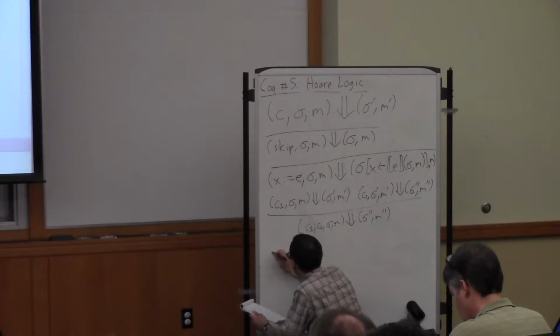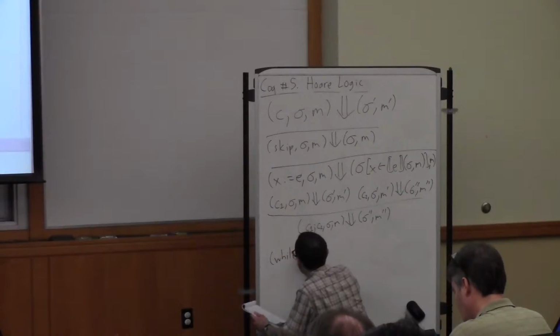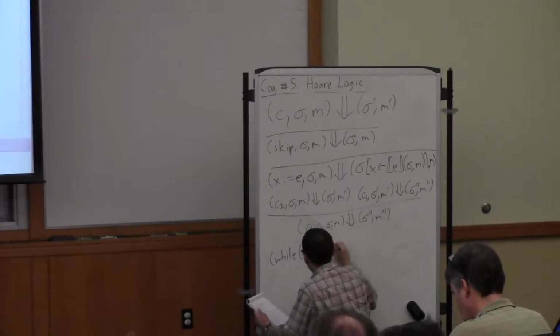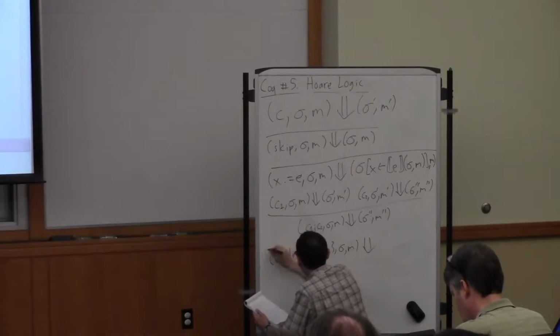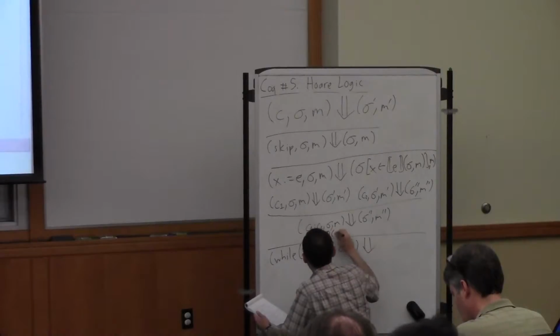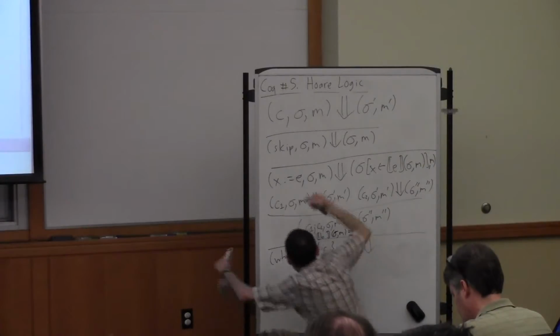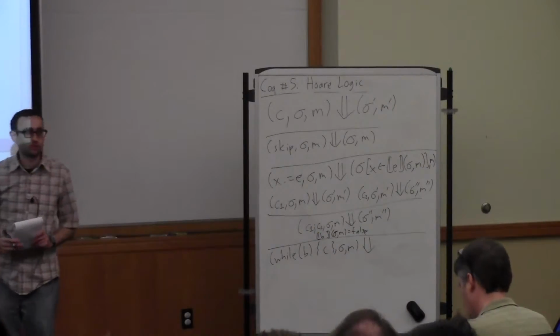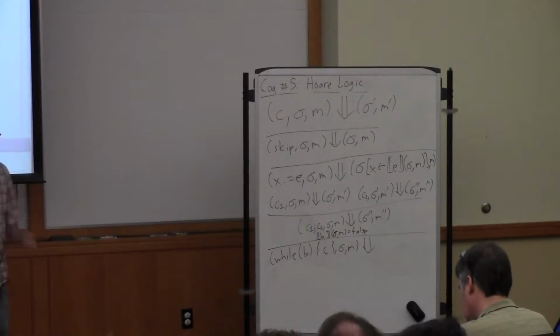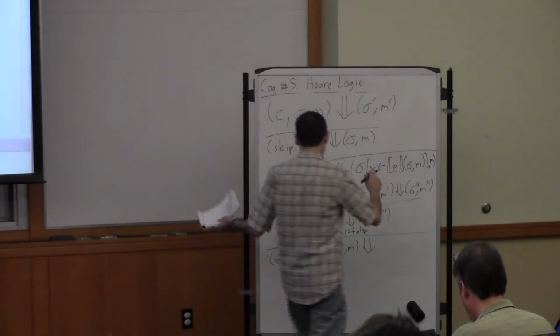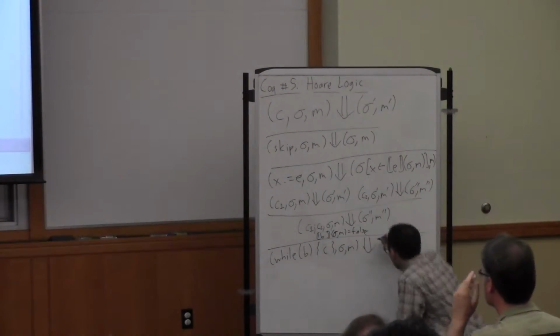Let's ask what happens when we run a while loop with the test expression B and the body C. Here's the state. So if we know that the test expression in the current state evaluates to false, then what should we conclude in this rule? Yeah, then this while loop has no effect if the test expression is already false. So we get back to